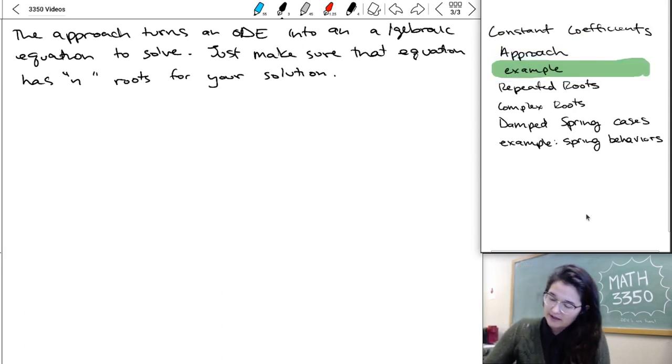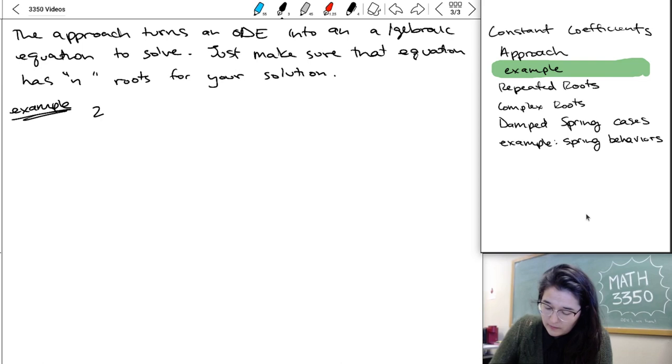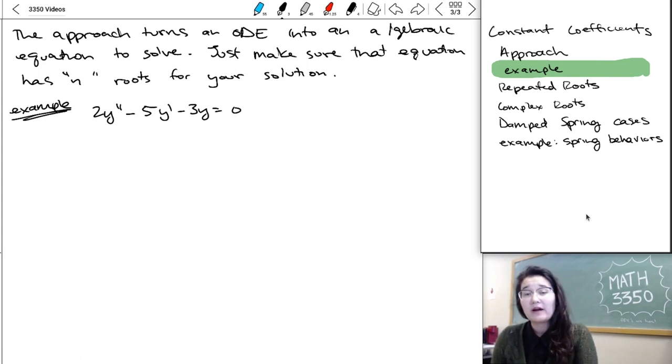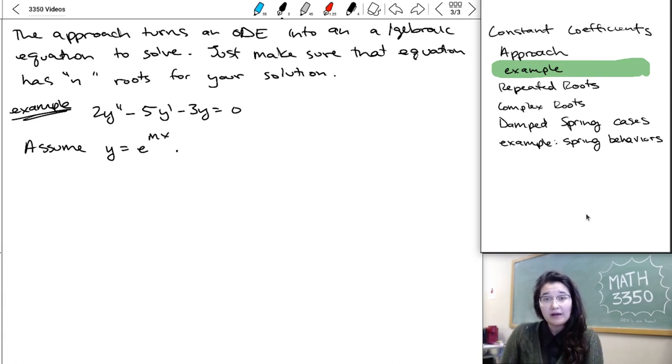All right, so next up is our example. This is going to be your participation problem. We've got 2y double prime minus 5y prime minus 3y equal to 0, and we want to go ahead and try to find the general solution. So we're going to follow those steps we had, where the first thing we do is assume that y is equal to e to mx. And I'd like to plug it in,